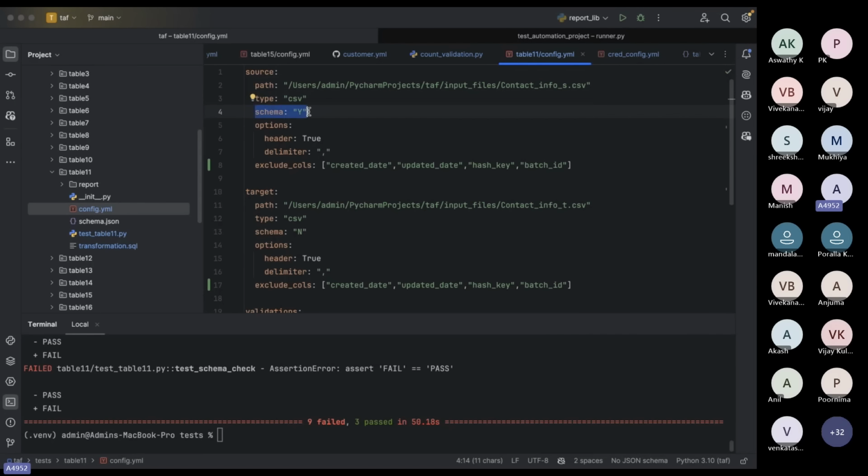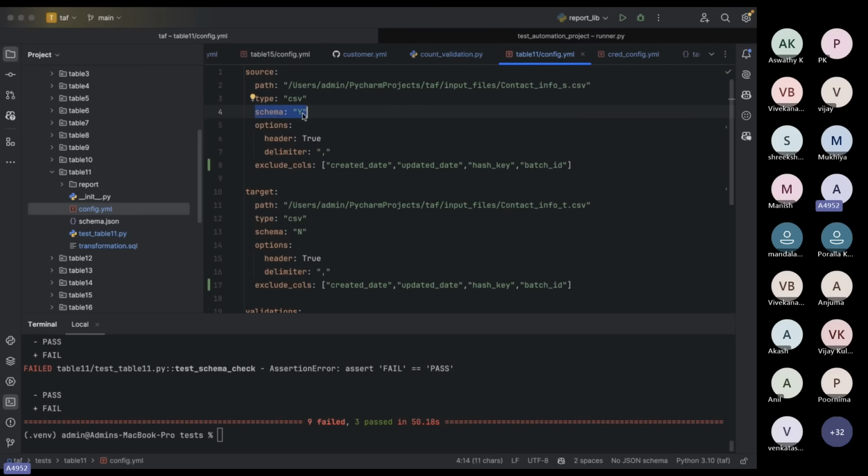So the reason we need schema Y, because sometimes, right, when we work on real ETL projects or big data projects, CSV files come with header, some files with header, some without header. So in some files the header will contain some junk characters. So column names will have some extra spaces, or maybe column names will have an at the rate symbol or hash symbol, hyphen symbol, all of this. Okay. To compare target schema, we use schema equal to Y.